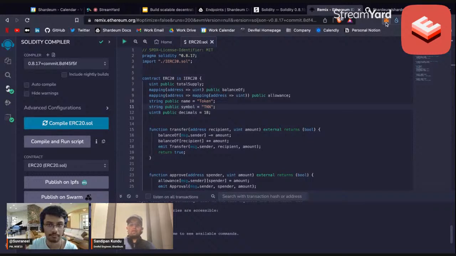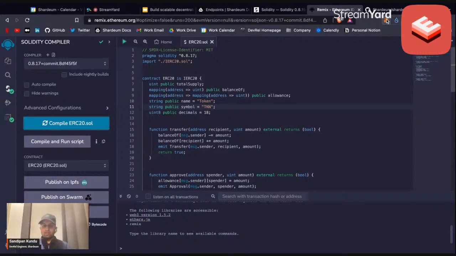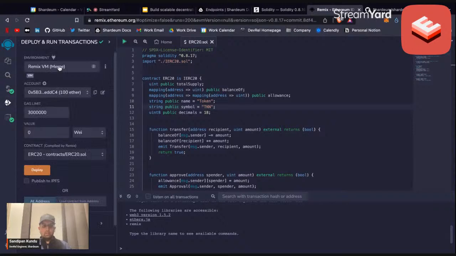Anyways, once you have the testnet SHM tokens in your wallet and you have added the Shardium network, you're good to go. Let's just compile and go to the deploy section, and let's go with injected provider. What injected provider does is it checks the network, and right now it seems like I'm connected to Shardium Sphinx. Let's just connect to liberty2.x, and